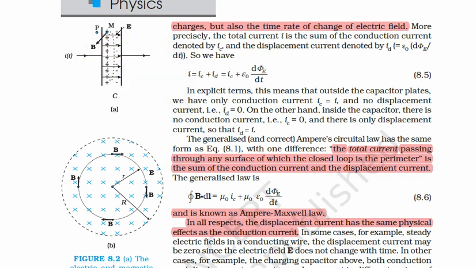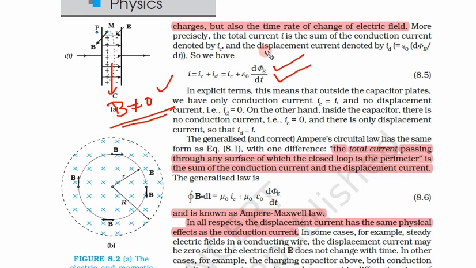This also gives us another important consequence. Even in the region where we were previously considering there was no magnetic field, what we got is a magnetic field which is not equal to 0, because of the changing electric flux. Because of the changing electric flux we got this magnetic field.